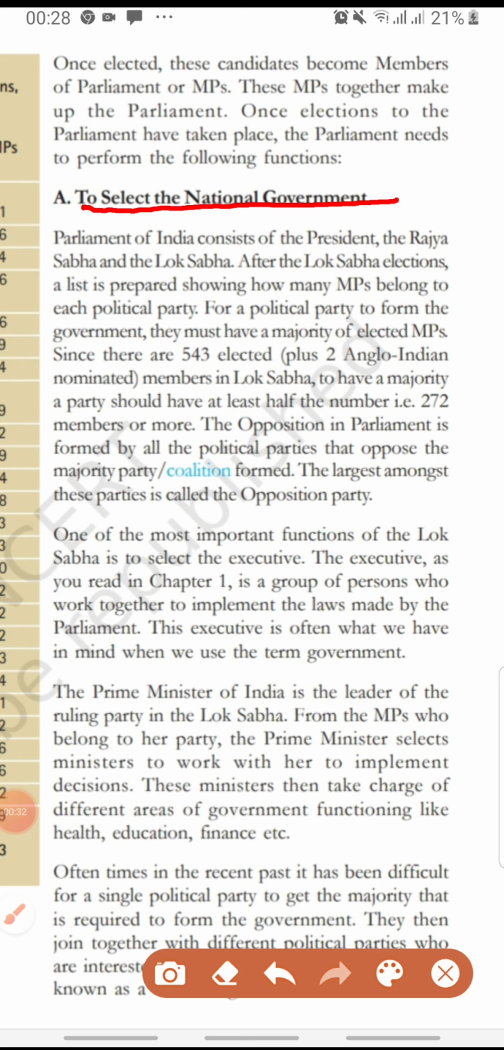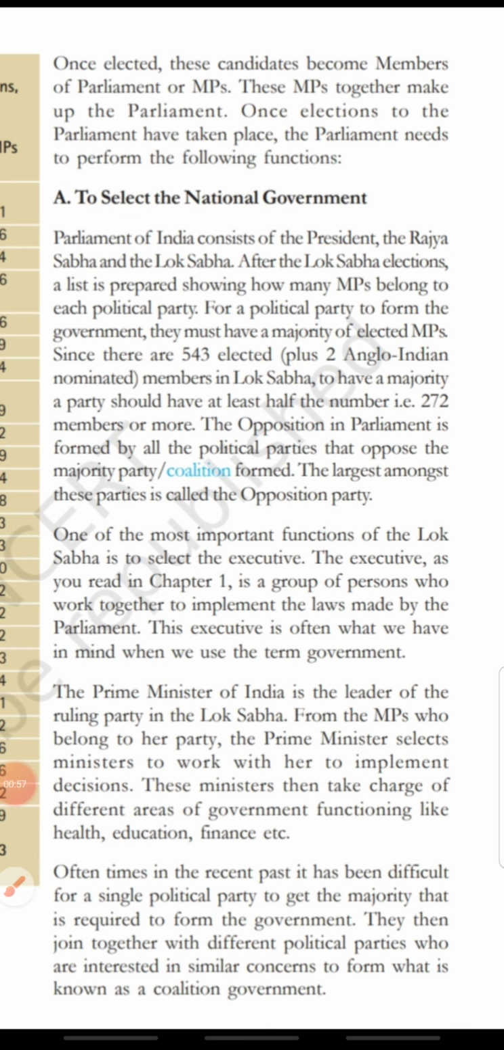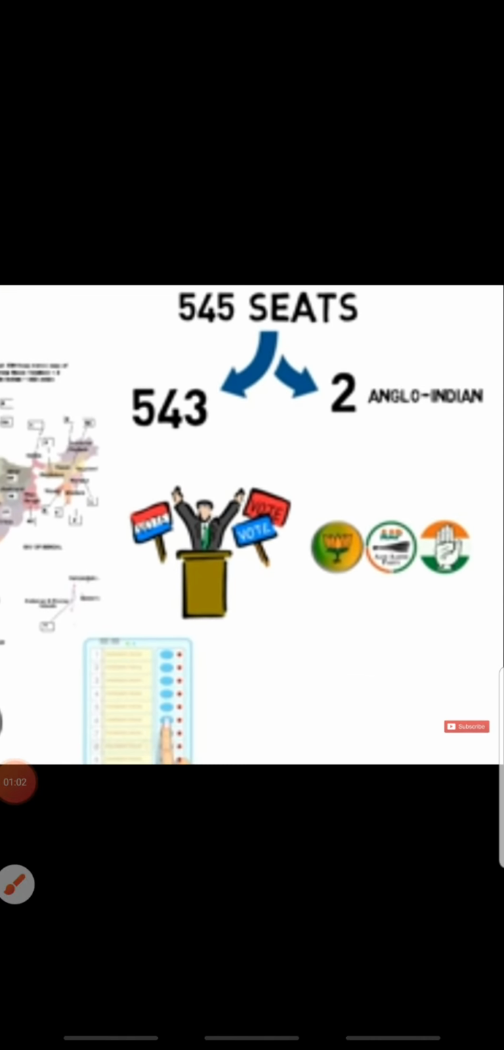So children, the President, Lok Sabha and Rajya Sabha form the Indian Parliament. Once the Lok Sabha election gets over, a list is prepared which shows how many MPs each political party has. If a political party wishes to form the union government, it needs to have a majority of MPs in the house. So children, in the same way as we have seen for the state government, the election has been done here also